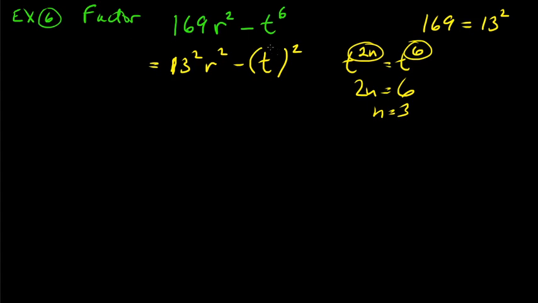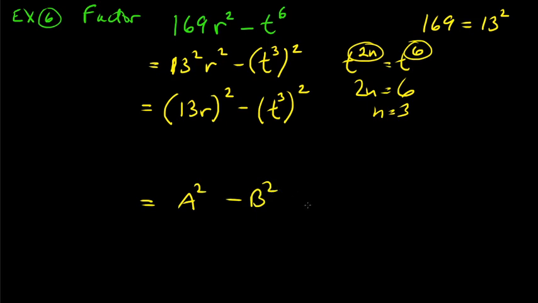So just erase that and put in the 3 here. Okay, so again, we're still hunting for my a squared and b squared. So a is going to be 13r, the whole thing squared, and my b will be t cubed, whole thing squared. So now this looks like, right, a squared minus b squared,